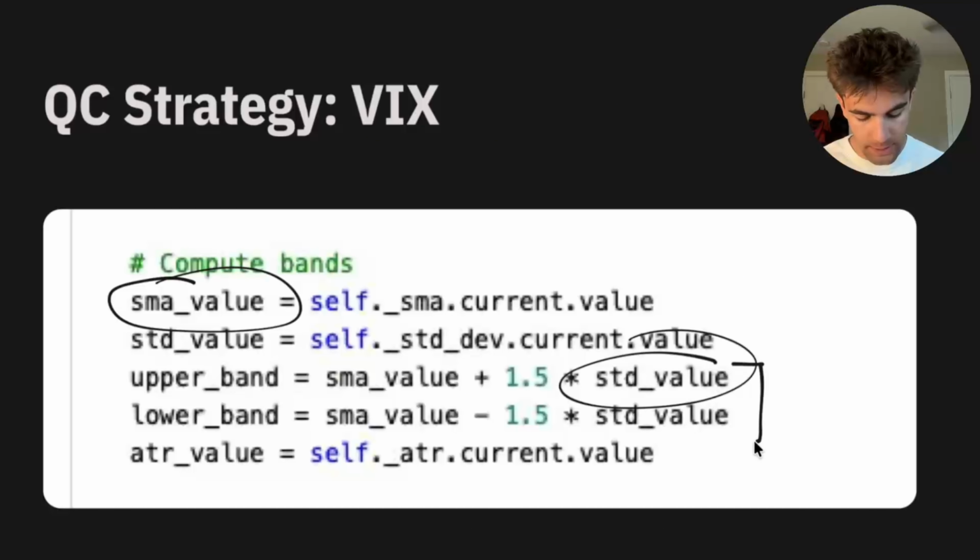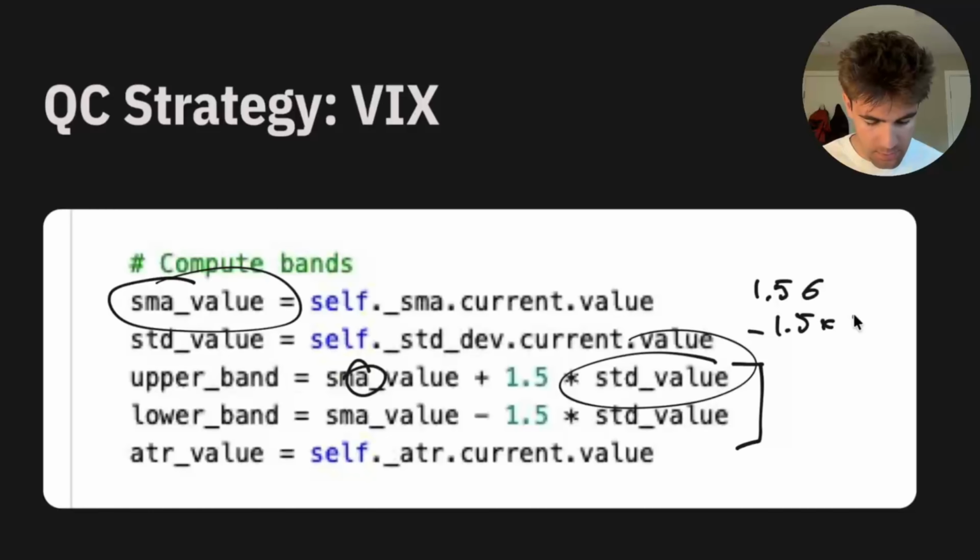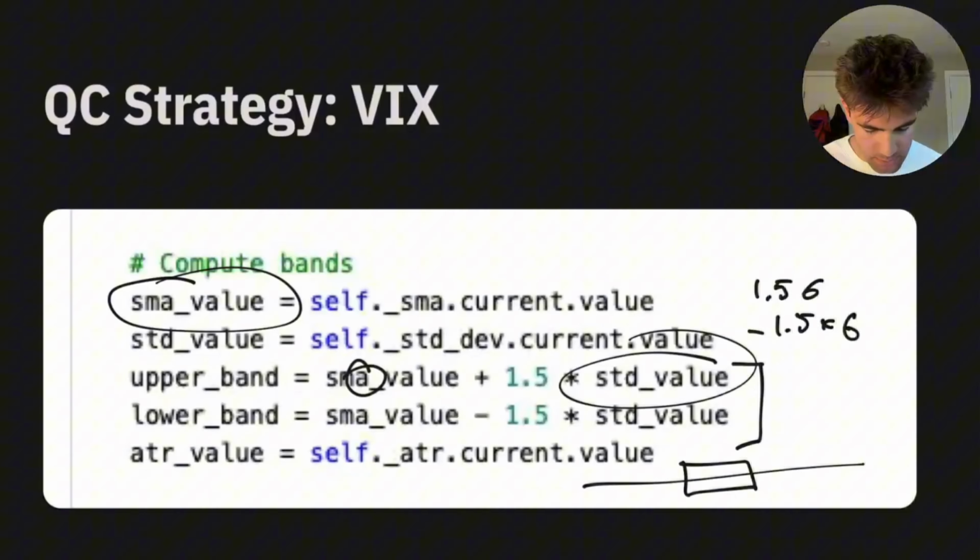Like this looks like the exact way we would create a box plot in statistics, which is pretty cool. You take the simple moving average, it's an average, and then plus 1.5 times standard deviation, minus 1.5 times standard deviation, and then that is your box in the middle, and you have your average there, and then your outliers. If price comes outside of this box, then it's a breakout, and then you can take a position off of that. This was just very cool for me to see in practice knowledge from the classroom being applied in my trading.